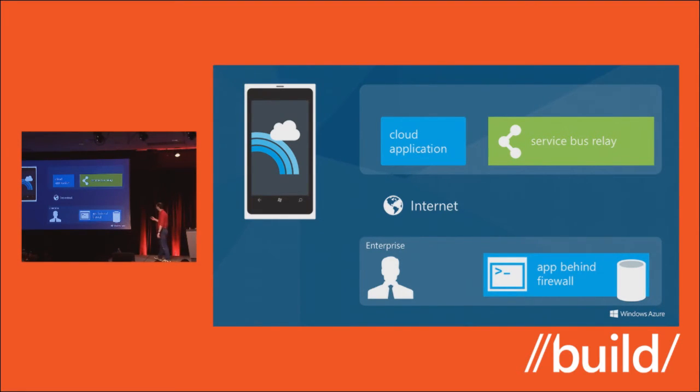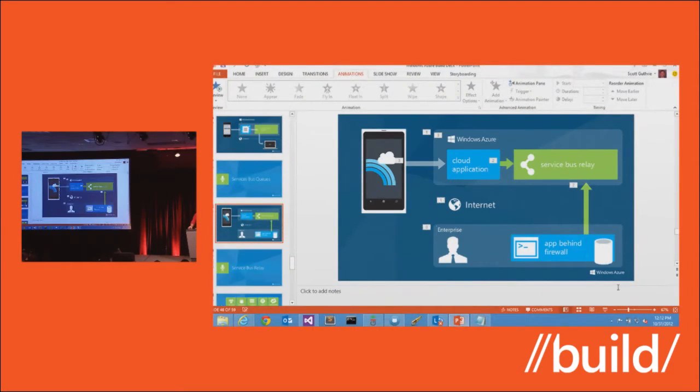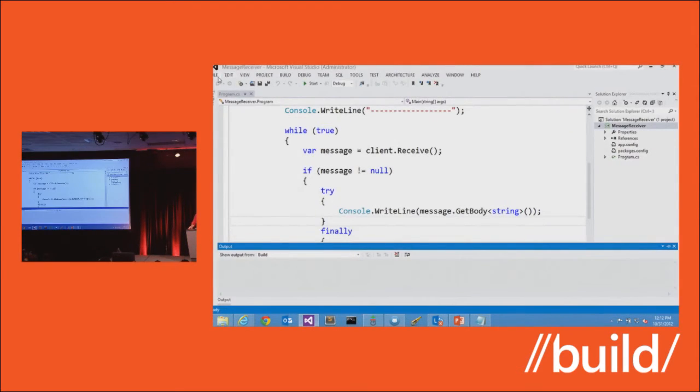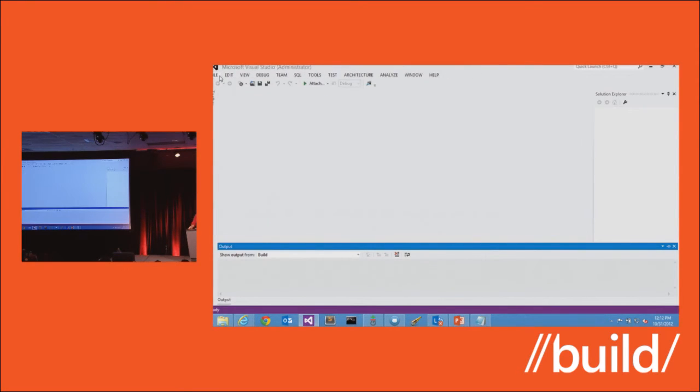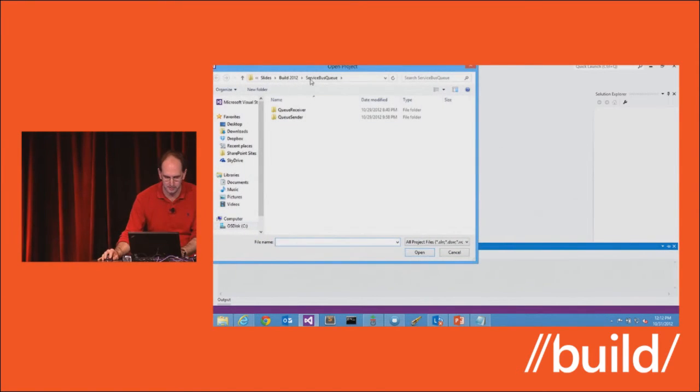What you can do with the relay, which is pretty cool, in Service Bus, is basically build an app and then use WCF to connect to a Service Bus relay running inside Windows Azure. And this allows you to publish a WCF contract to the cloud that your client applications can then go ahead and access. And this provides a secure tunneling approach, and it allows you as an organization to only publish the data you want using well-known contracts that you support. So let's see what this looks like in action. To try this out, I'm also going to need some help from the audience or people online.